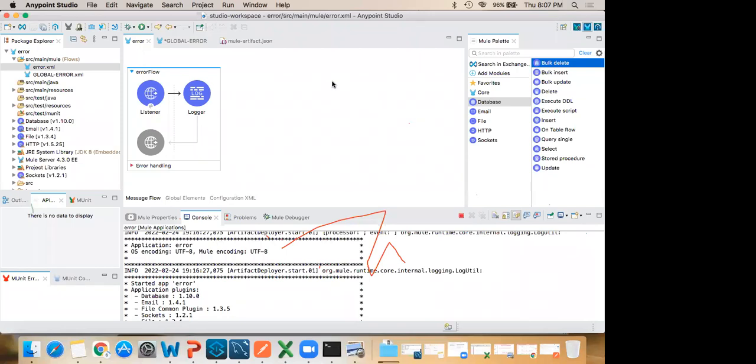Based on your experience, let me answer a few questions. Many people may ask this question: Sir, I am from a non-IT background, I am mechanical, I am EEE, I am a faculty. Can I learn this MuleSoft? Yes, you can learn very easily. I can explain from scratch. Sir, I have a 10 years gap, 15 years gap, 3 years gap. Can I learn this course? Yes, you can learn this course.